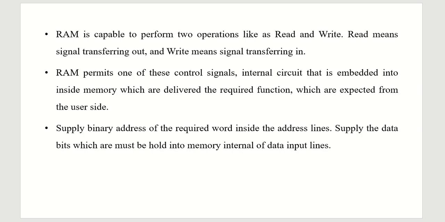RAM is capable of performing two operations, read and write: read means data transferred out, and write means data transferred in. RAM permits one of these control signals, internal circuits that are embedded inside the memory, which are divided